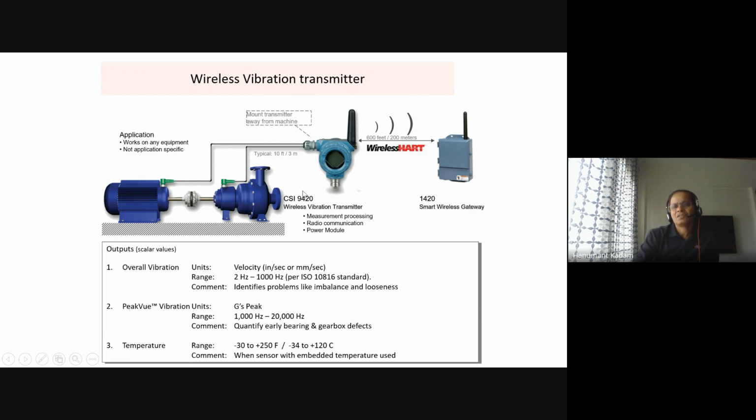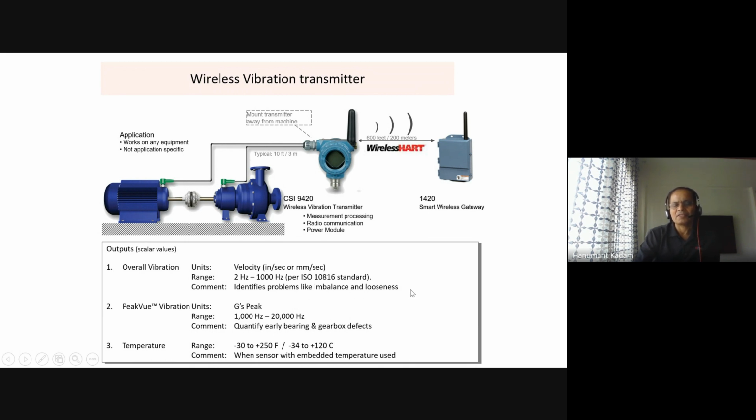And you see this is the instrument which sends the signal in the wireless HART format, and it is collected on this gateway which is mounted somewhere nearby. So you can see here the overall vibration unit range is 2 hertz to 1000 hertz,